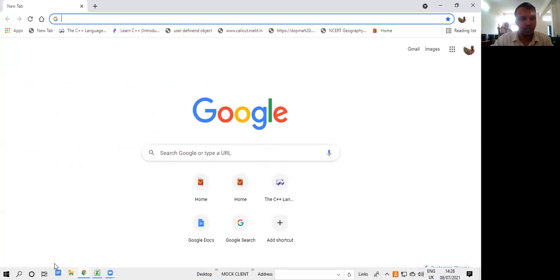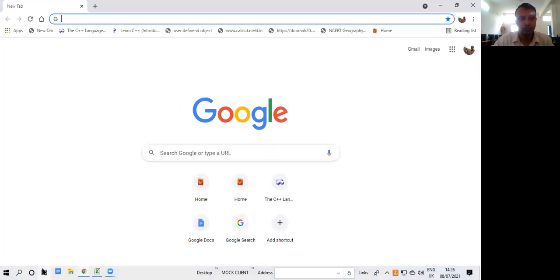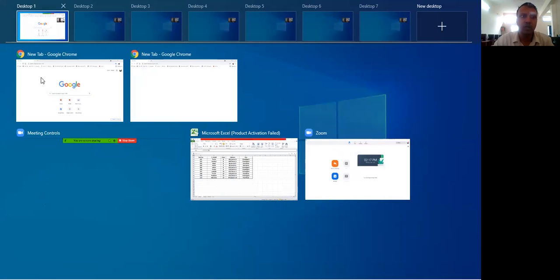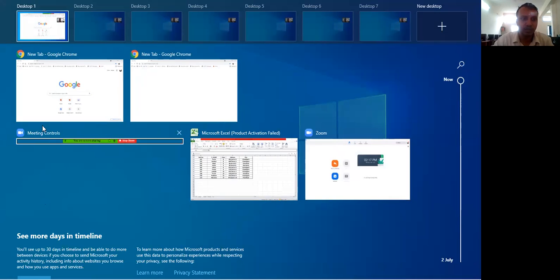So let's cross check through the task view also. So this is called a mastermind. At the same time, it is controlling the desktop, browser application, Google Chrome browser application, then Zoom meeting, Microsoft Excel, again Zoom meeting. So this is called mastermind control.